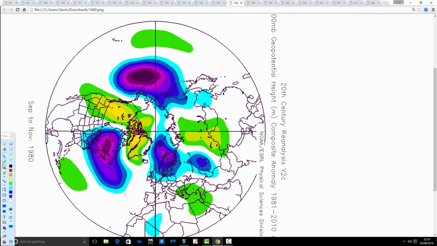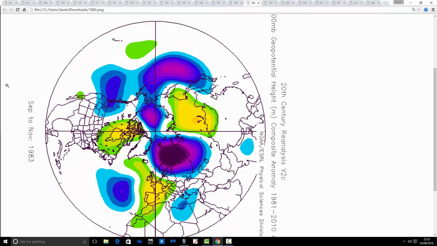1980 is the next autumn that James has sent through, and again it's different once more. This one has high pressure around Greenland, low pressure around Scandinavia, and a pretty northerly autumn, quite a cold autumn in 1980. 1983 is next, coming out of a Super Nino of